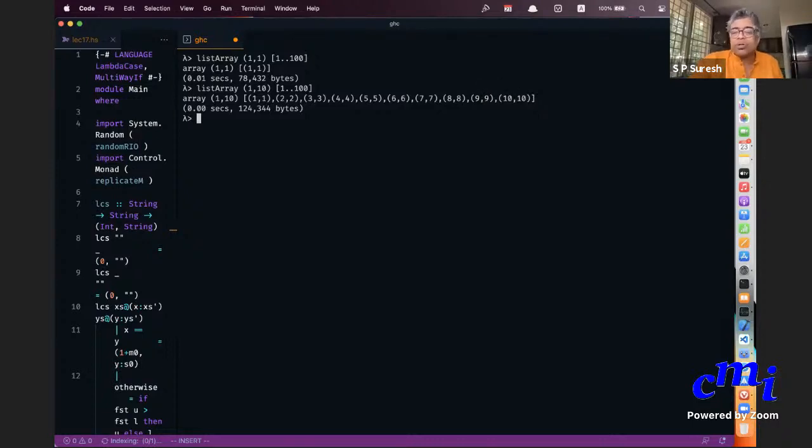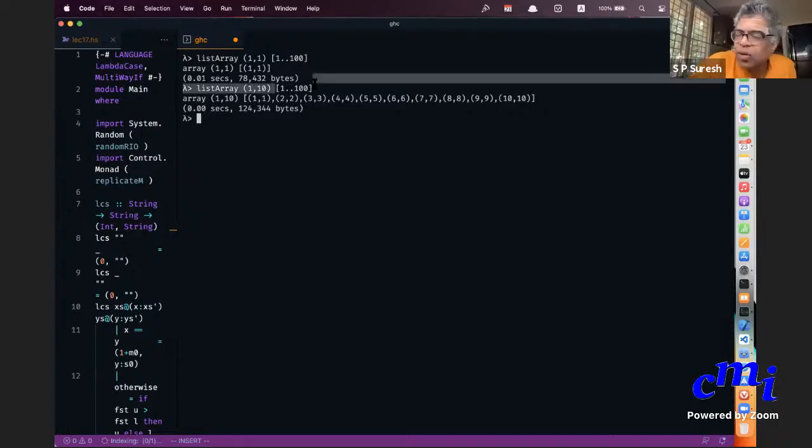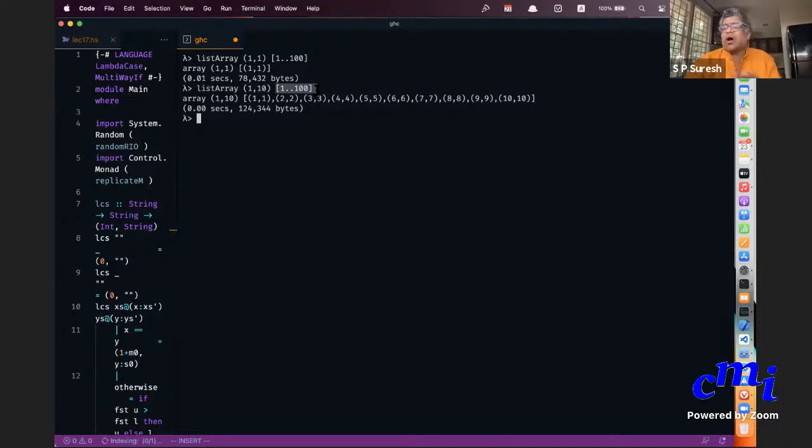So this already tells you that your list can be longer in length. But you can just say, I have this list, but I only want to form an array of the first 10 elements. That is what you're saying here. But notice that you don't necessarily need to use 1, 10 as your array indices. You can also say, for instance, that your array indices are -5 to 4.